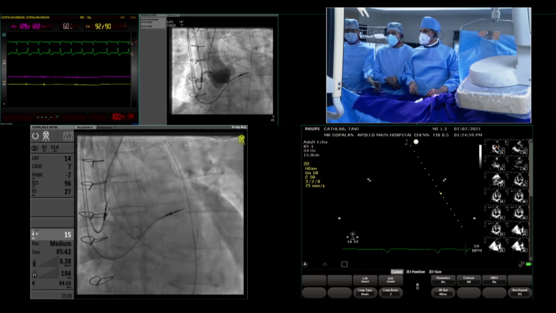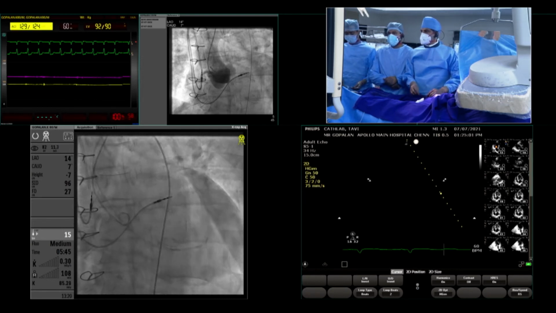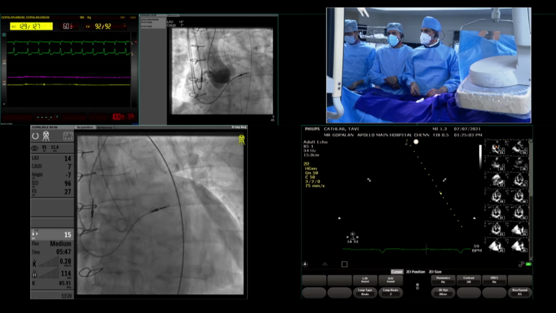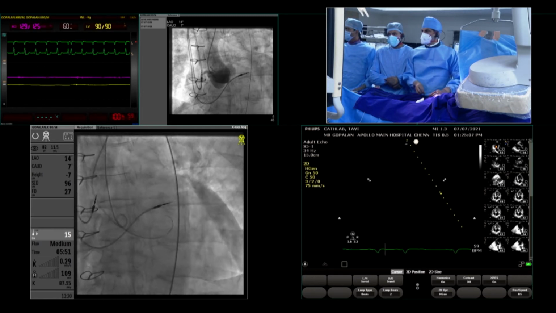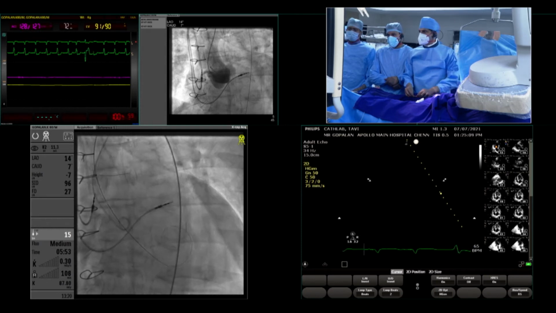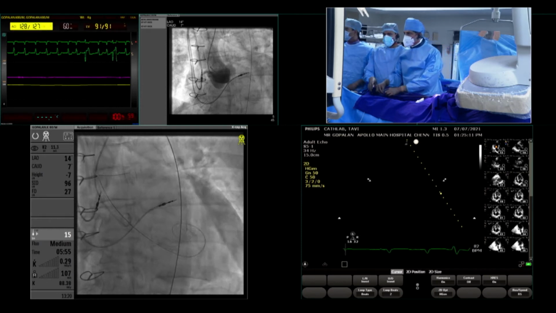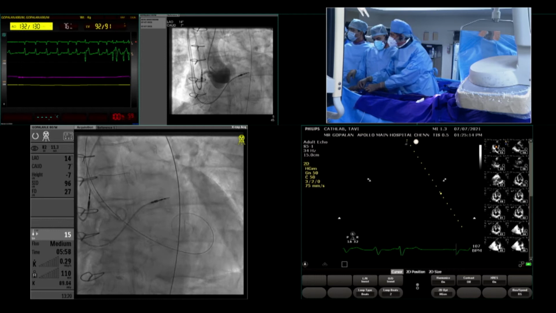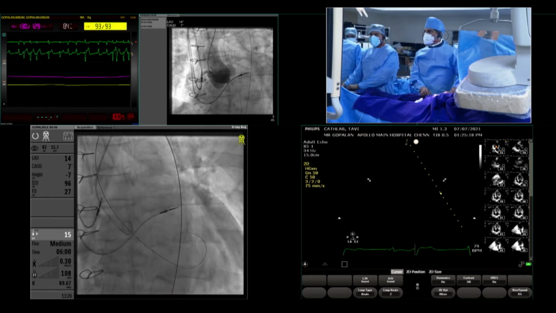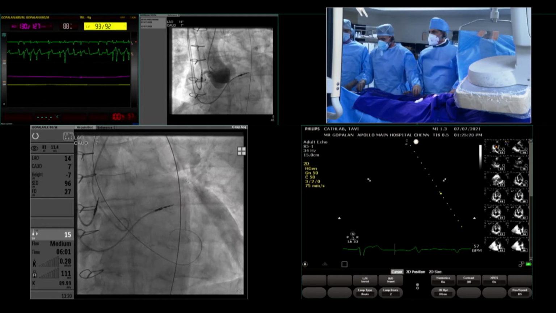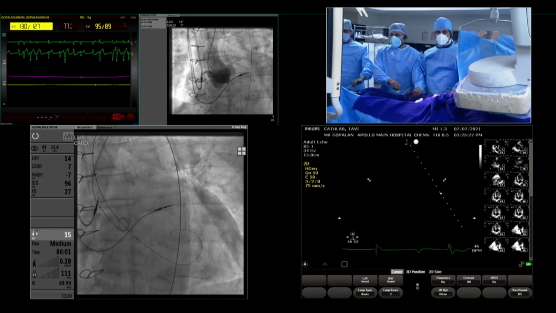So we are using a Safari wire, extra small. Nice. So this helps to avoid an extra step with the pigtail wire. Okay, pull the wire. Now ready for the valve implantation.